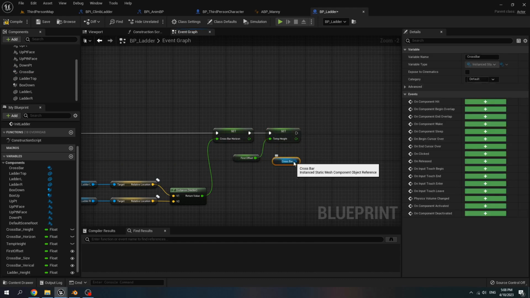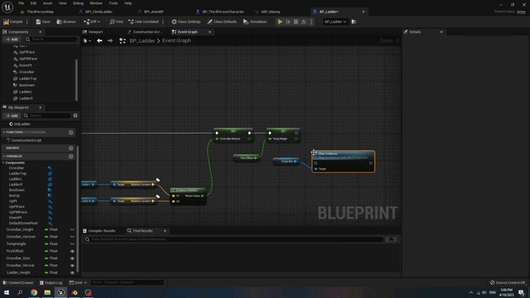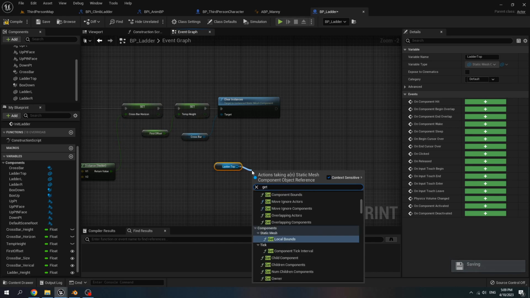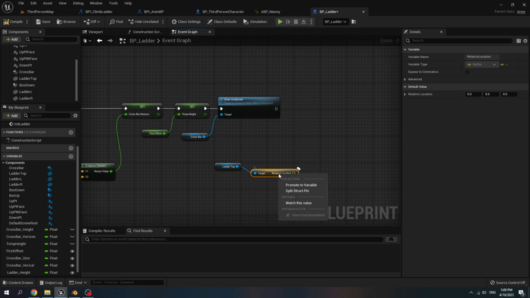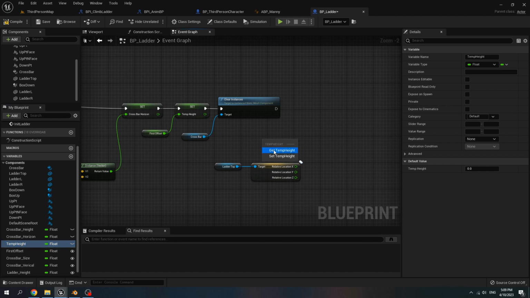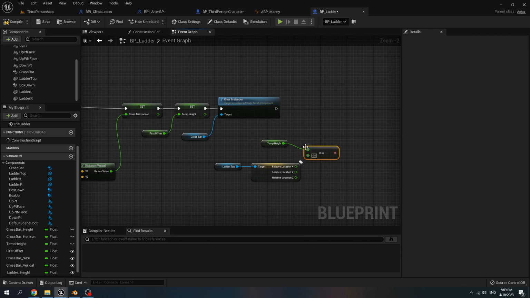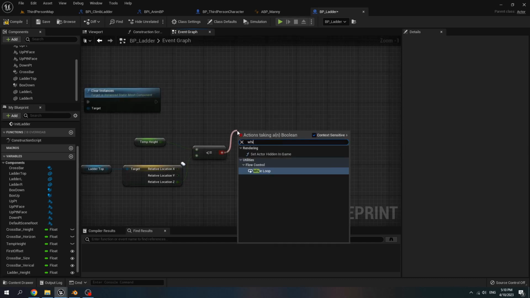get crossbar, clear instances, get ladder top, then get relative location, split the location, get temp height, and if it is less than or equal to the relative location z, call while loop.